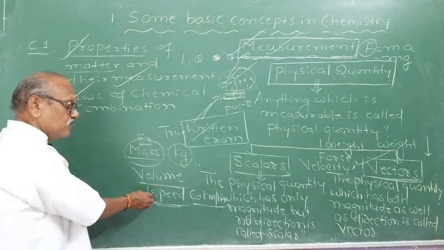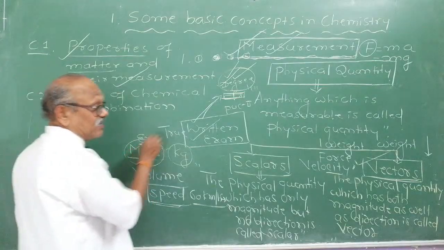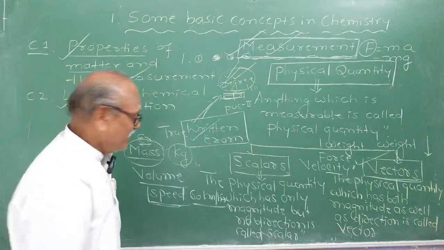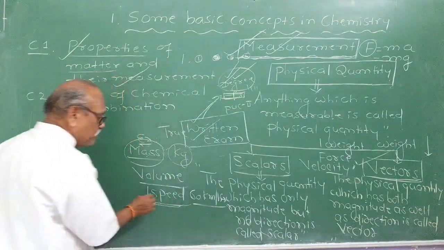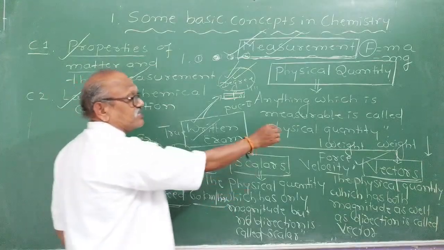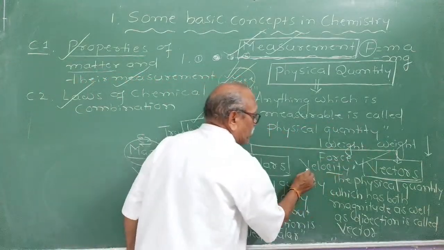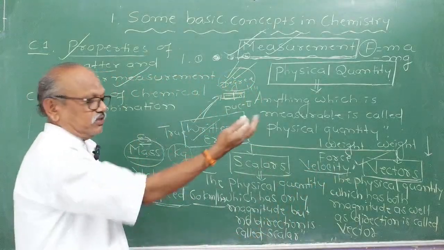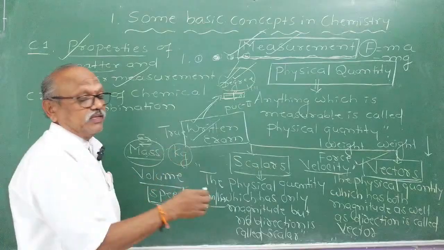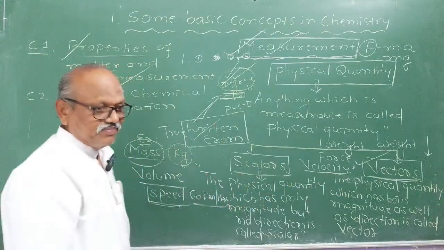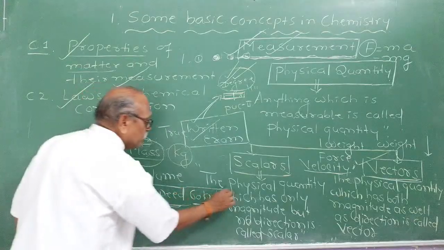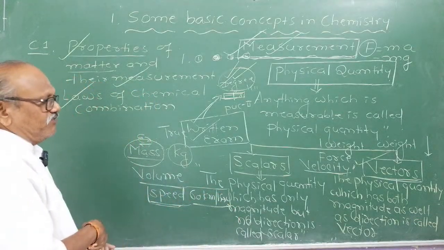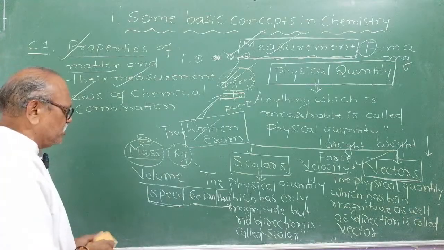Observe the difference. Mass is a scalar, weight is a vector, even though both of them have got the same unit. The SI unit of speed is also kilometer per hour, velocity is also kilometer per hour, but velocity will have the direction. Suppose that a car is traveling towards north at 60 kilometers per hour, then it becomes a vector. And the speed limit 60 kilometers per hour, only this one is a scalar. That is the main difference between vectors and scalars, my dear students.